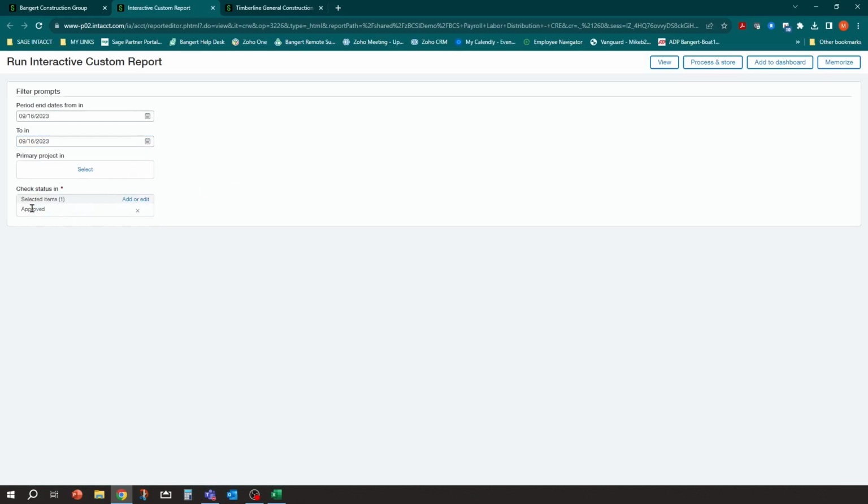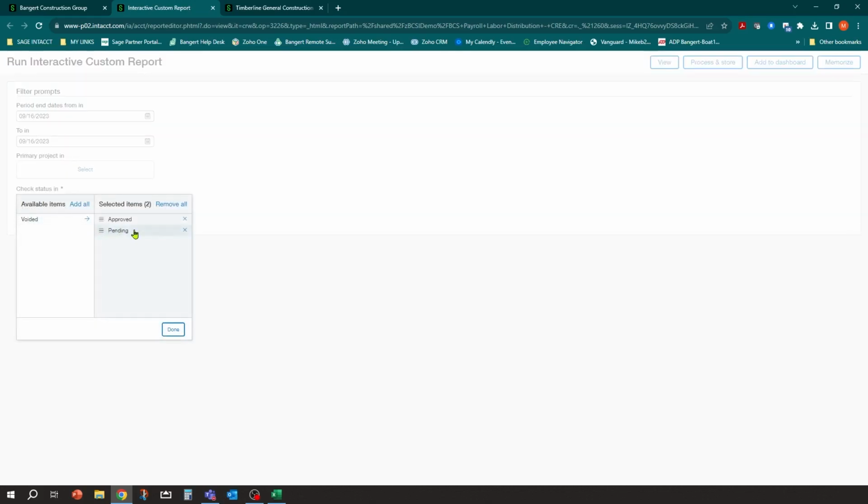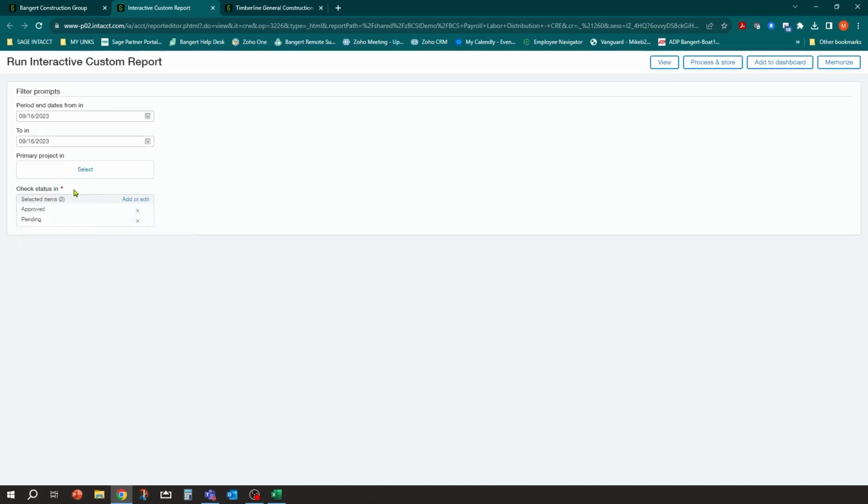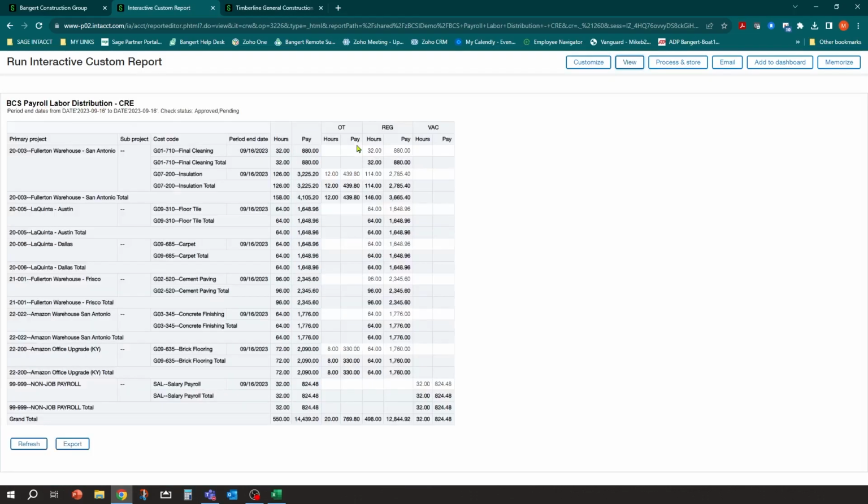And here's the one catch. They've included a condition here that's only showing approved checks. So if we run it now for that week, we won't get anything. What we want to do is add or edit it, so we want to include pending, just for this week. So let's hit pending, and we'll do view. And it should show us that week with a recap. And so there's that report, and the time is still pending on there as well. Now it's by project totals, and now we have cost code totals as well in there.